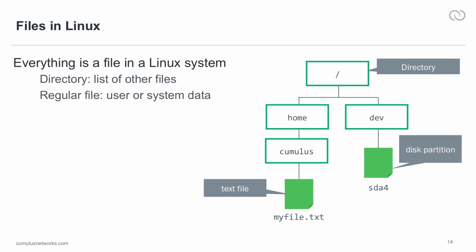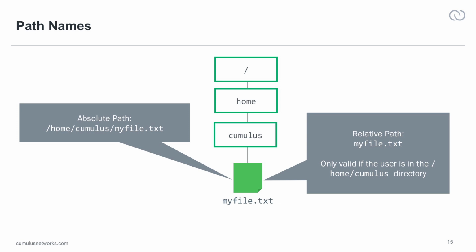Files are categorized into various types, the most common being regular files, normal data such as text or binaries, directories, files that are lists of other files, and device files, files which allow access to specific hardware objects. When referencing files, files can be named either using absolute or relative path names. Absolute path uniquely identifies the file from anywhere within the file system. The file name starts with the top-level slash directory, and then lists out all the subdirectories which lead to the file. In the example shown on screen, the absolute path name of this file is